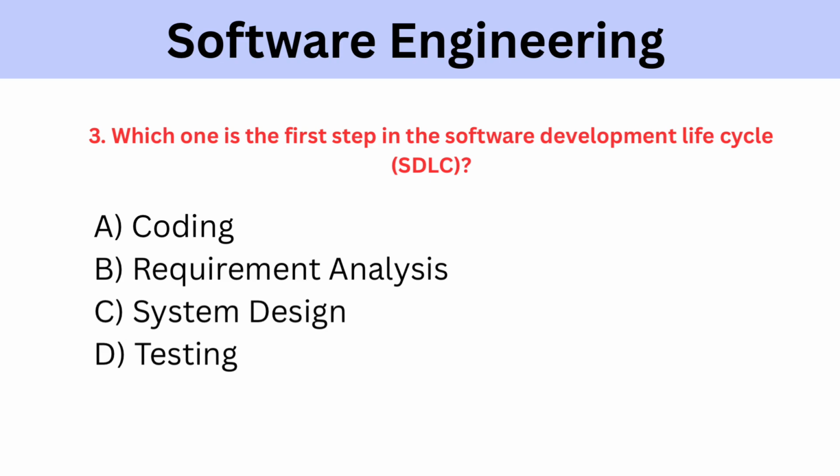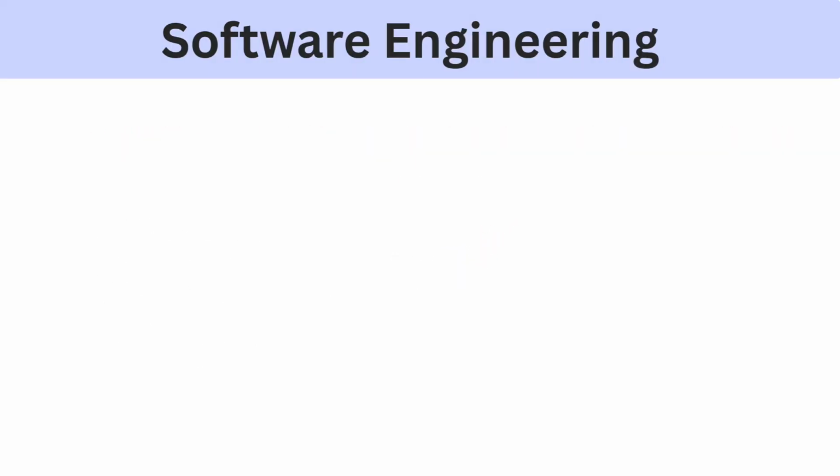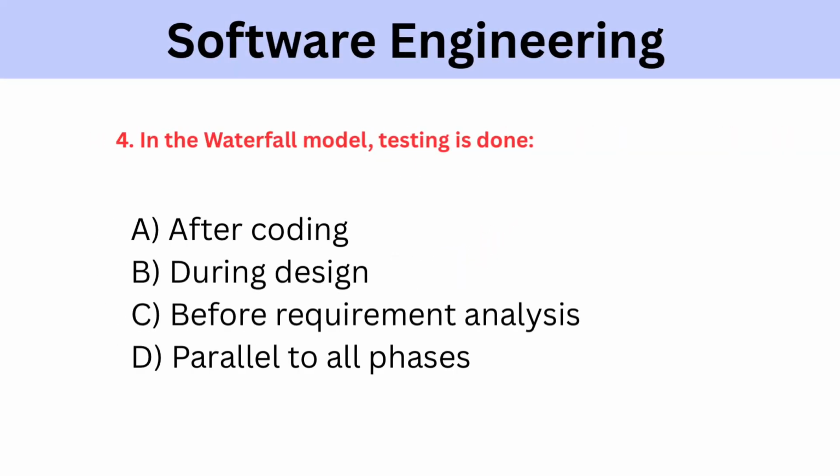Which one is the first step in the software development lifecycle, SDLC? A. Coding. B. Requirement analysis. C. System design. D. Testing. The correct answer is option B. Requirement analysis. In the waterfall model, testing is done